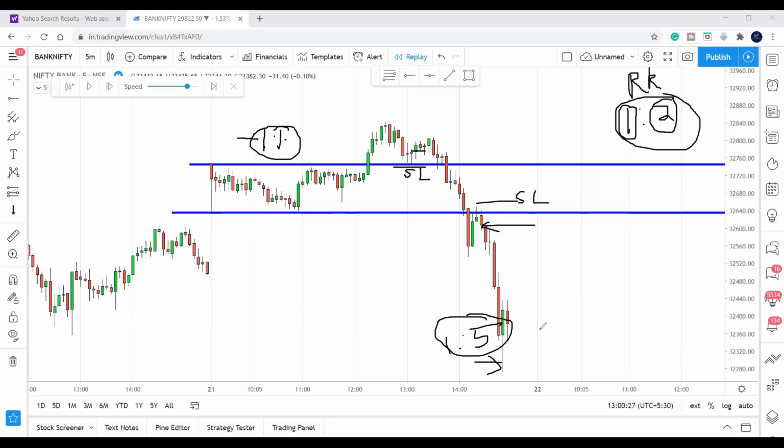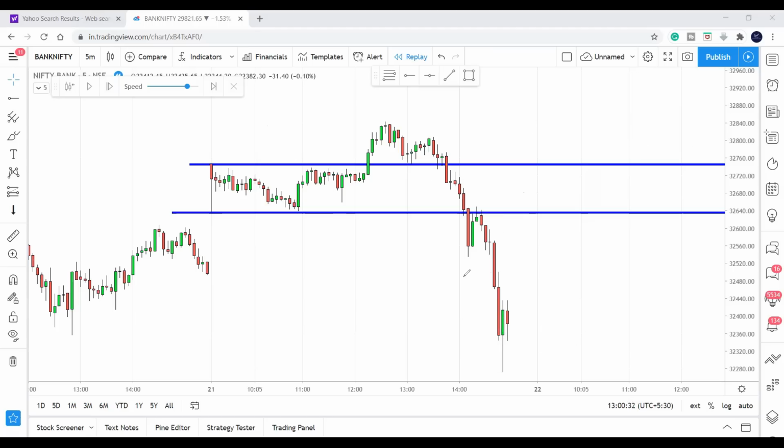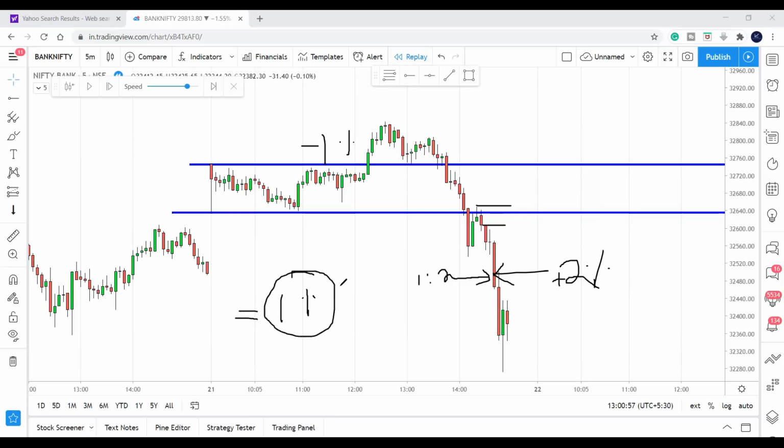But I'm not saying that you should focus on 1:5, because every time you will not get that. At least you can focus on taking your profit here, which is 1:2. In this trade, you lost 1% of your capital. In this trade, you made 2% profit. Overall, how much did you make on 21st of January? You made a profit of 1% on your capital. On the 21st, the first trade hit stop loss, but on the second trade you made profit. Overall, 1% return on your capital in a single day.